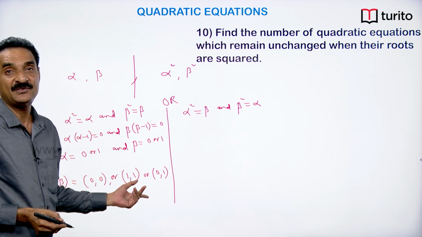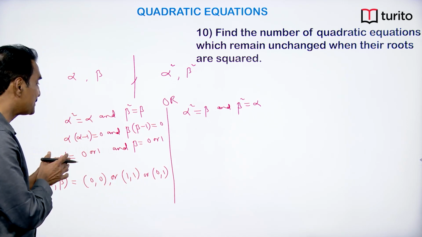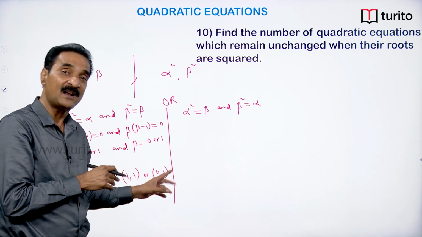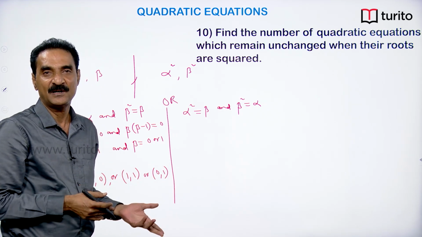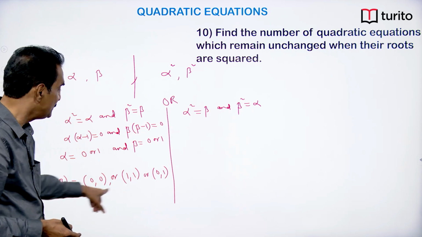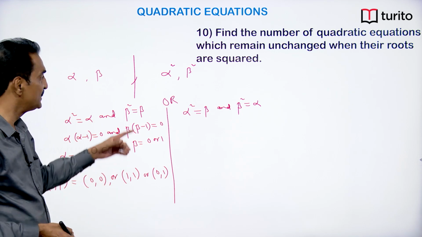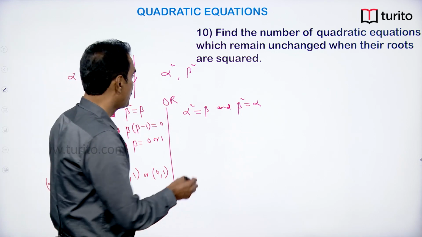I am not taking 1 0 because quadratic equation whose roots are 0 and 1 will be same as quadratic equation with roots 1 and 0. The order is not important. So, we got 3 pairs alpha comma beta. So, there will be 3 quadratic equations. Now, coming to the next case,